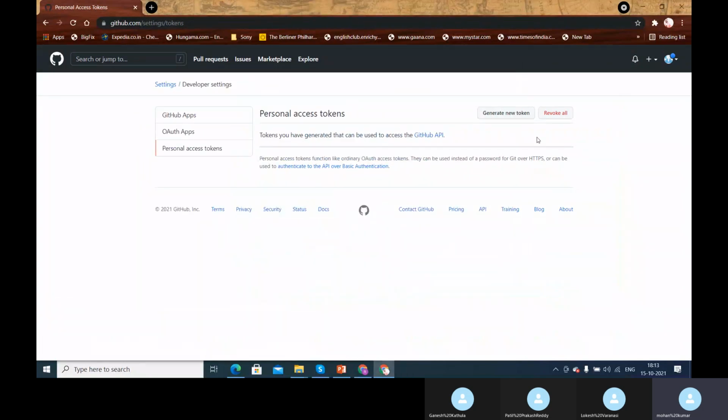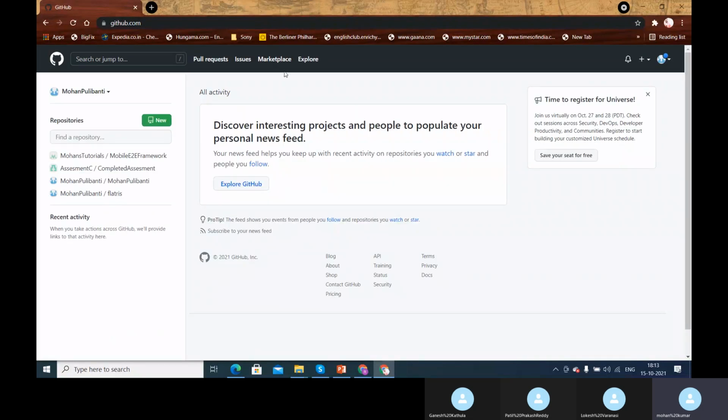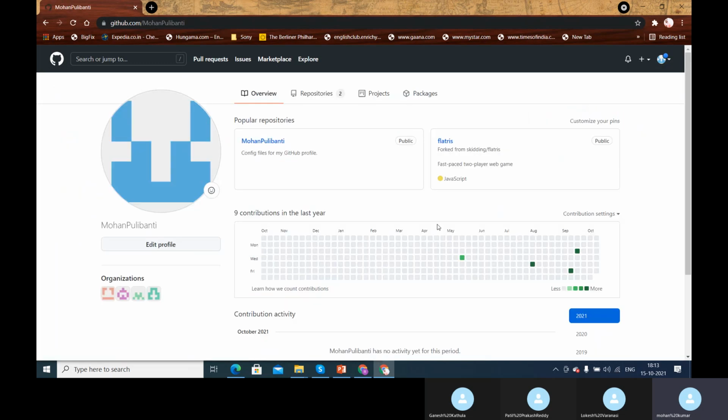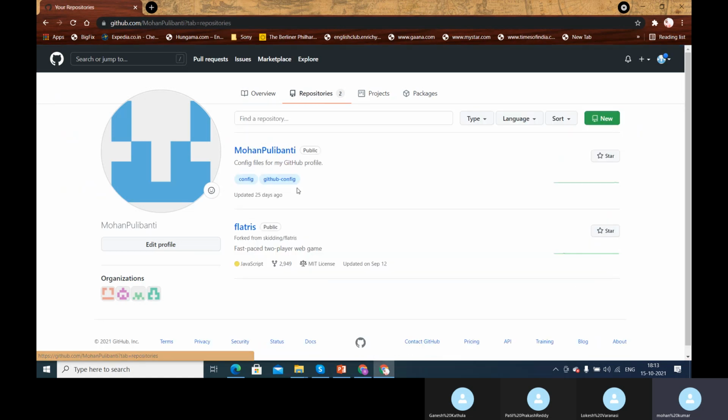Okay, so now let me just walk you through different things that are there in GitHub. So this is how GitHub basically looks like. This is the official portal, and once you register your account, you will see these things over here. So the first thing is your profile. If you go to your profile, you can see all the details, the repositories that you have, and all the stuff. So the first thing is to move the code from the local repository to the cloud repository, which is GitHub. We need to create a repository first.